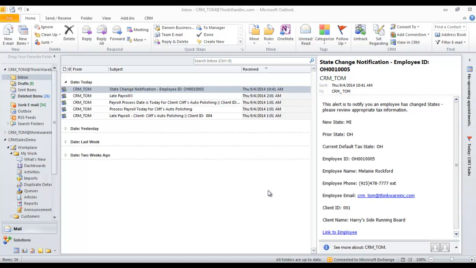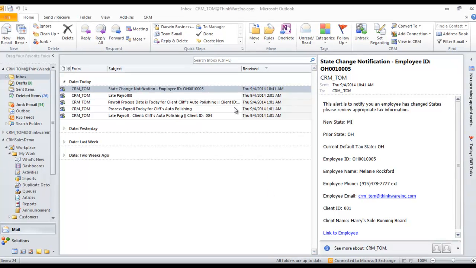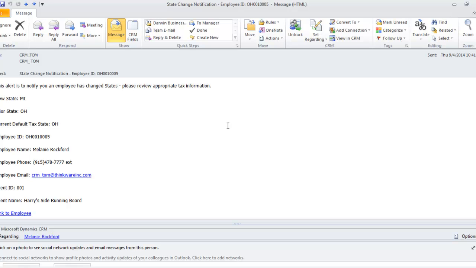In this scenario, I'm actually going to use email as my alert, but these alerts can be published in a variety of formats. They can be set up on a dashboard, they can be used as typical tasks and calendar items in Outlook or your email system, and they can also be used for on-screen notifications in the back office. But what this video is going to show you is basically how to set up an email notification similar to